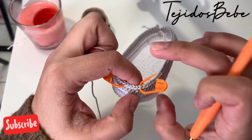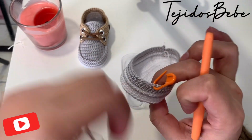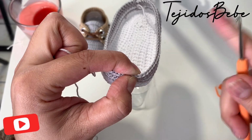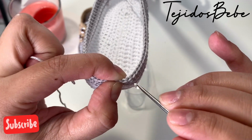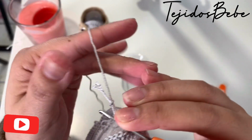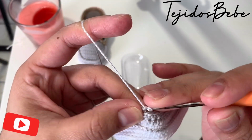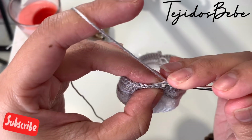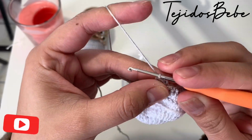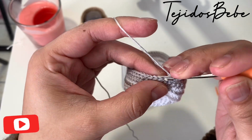Okay guys, so right here we can take this one out already, and right here where we have the marker, we're gonna take it out, and working in the back loop only, we're going to insert the new, well, it's the same color, the gray color, and chain 1 counts as your first single crochet. Go to the second stitch, working in the back loop only, make another single crochet. We have 2. In the next one, in back loop, we have 3,